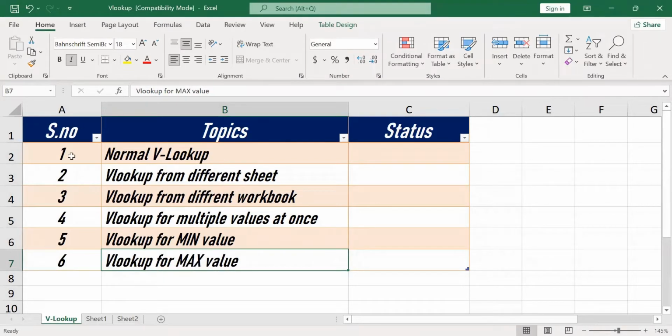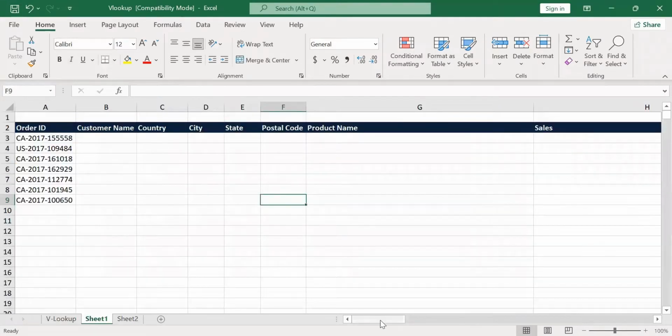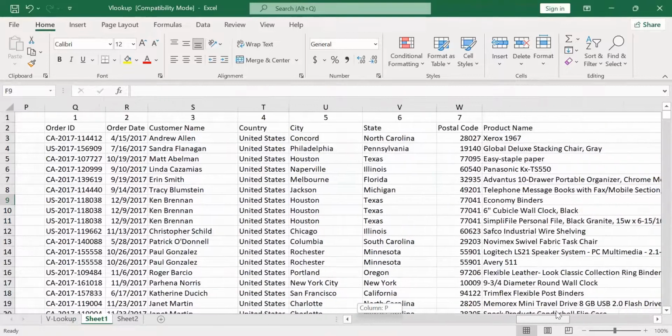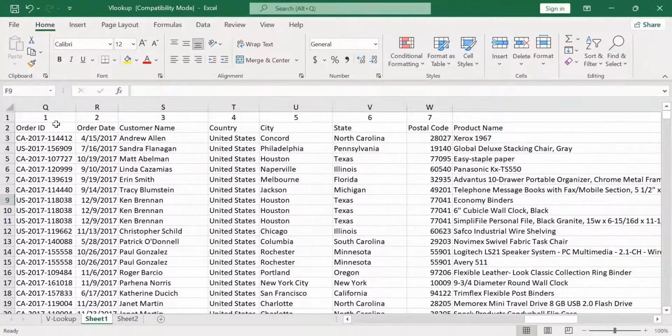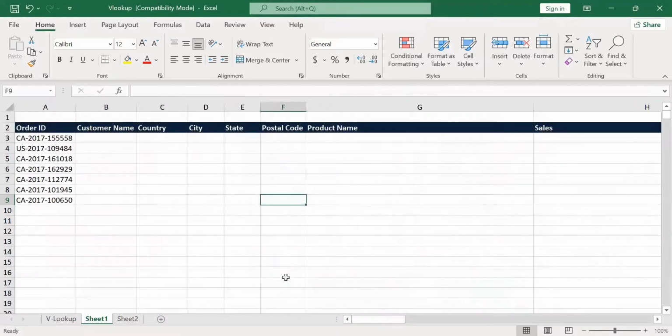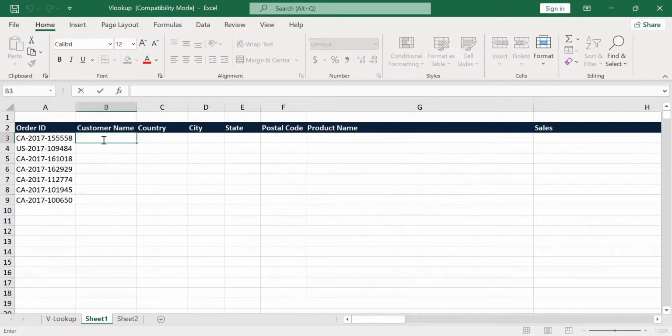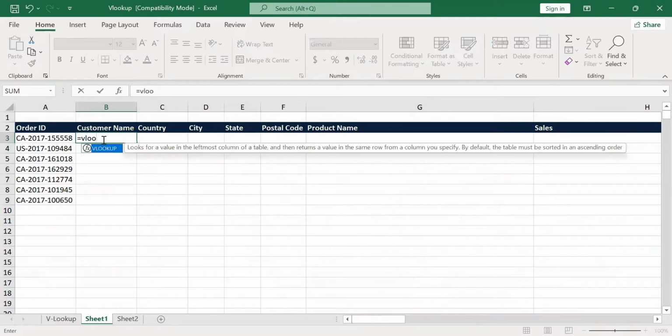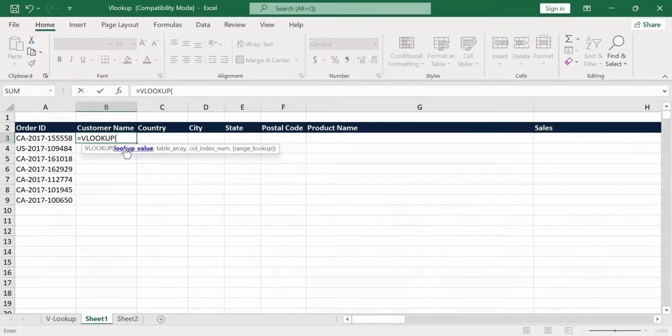First, let us start with normal VLOOKUP. I have sales dataset with me. By applying normal VLOOKUP, let's see how to get the customer name corresponding to order ID. For applying VLOOKUP, follow this formula: equals VLOOKUP, lookup value. Here our lookup value is order ID. So select A3,